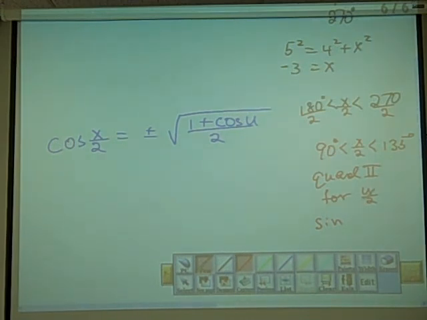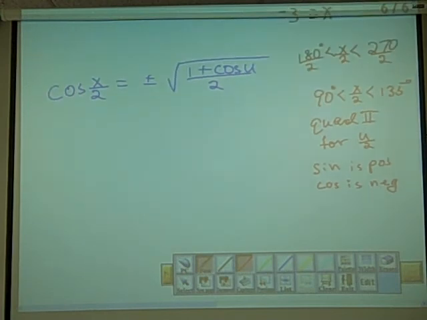So for quadrant 2, sine is positive, and cosine is negative. So in that plus or minus square root of whatever it is for sine or cosine, that means for sine, in this case we're using